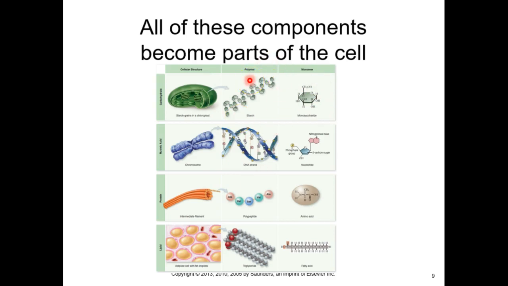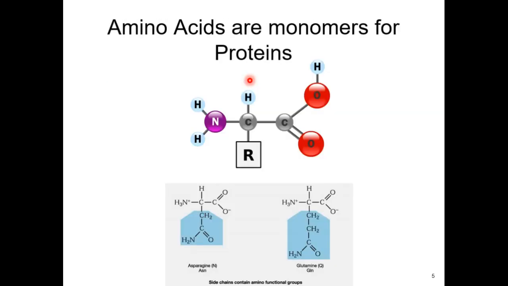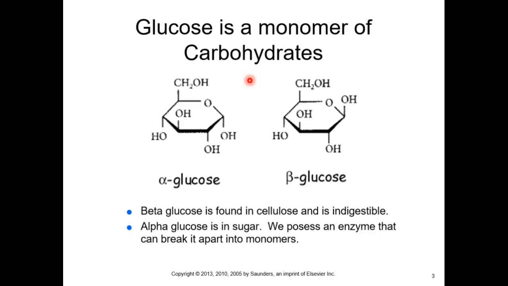So part of your responsibility for this segment is to know what the monomer is for each macromolecule of life, and what some of the polymer forms are, and some of the terminology associated with monomers and polymers for each of the 4 macromolecules of life. That's a big part of what we're doing here. So let's go back to the monomer for carbohydrates. To keep it really, really simple, our general monomer for carbohydrates is glucose.